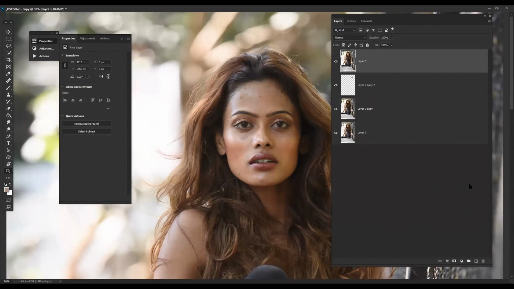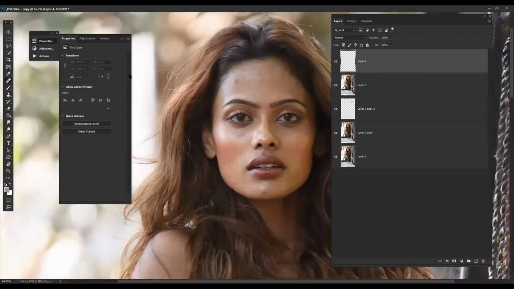Okay, in this image, let's first do a very basic patch. Very basic patch is this. This area is a flaw. Let me cover it up. So here my things are done.